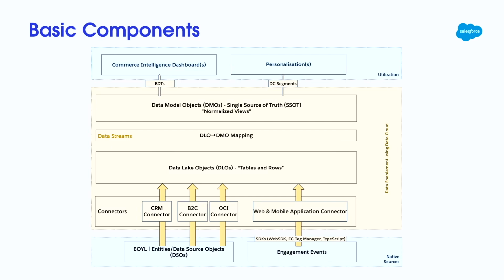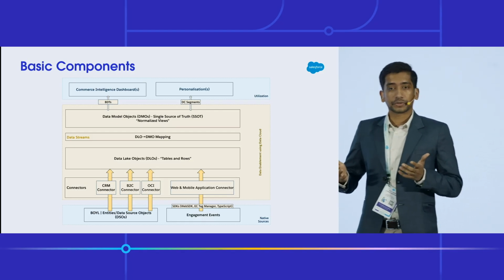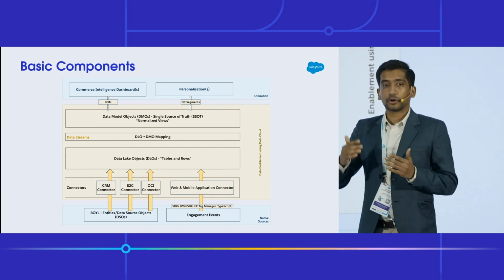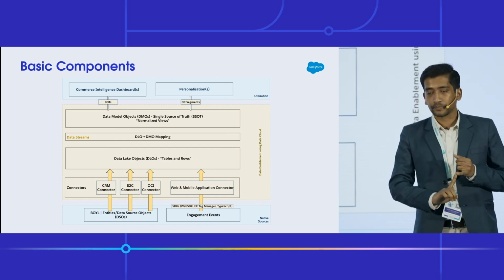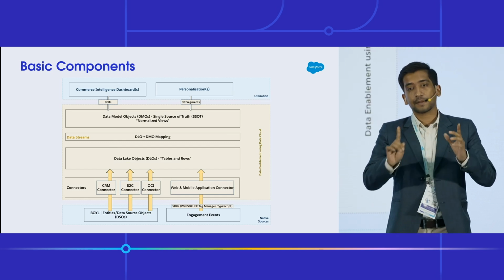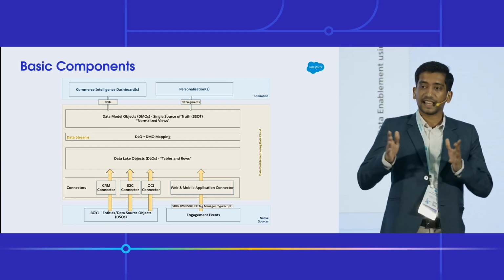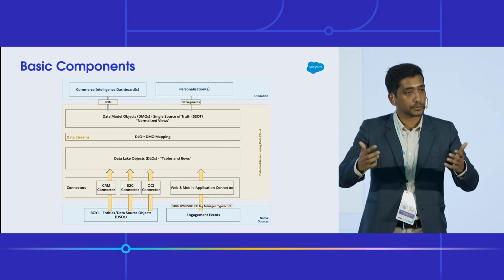Now, while all of this is automated, what is actually happening in the background? So what is provisioned is that you can have your data getting generated from different sources. You can have your own data lake. You can have engagement events captured within your storefront. With the help of connectors that are already inbuilt within the Salesforce ecosystem, we get this data to Data Cloud.